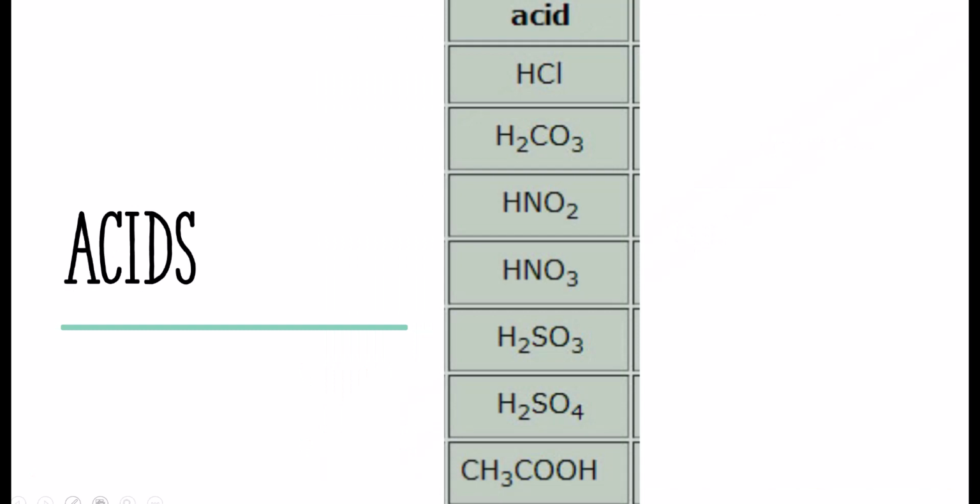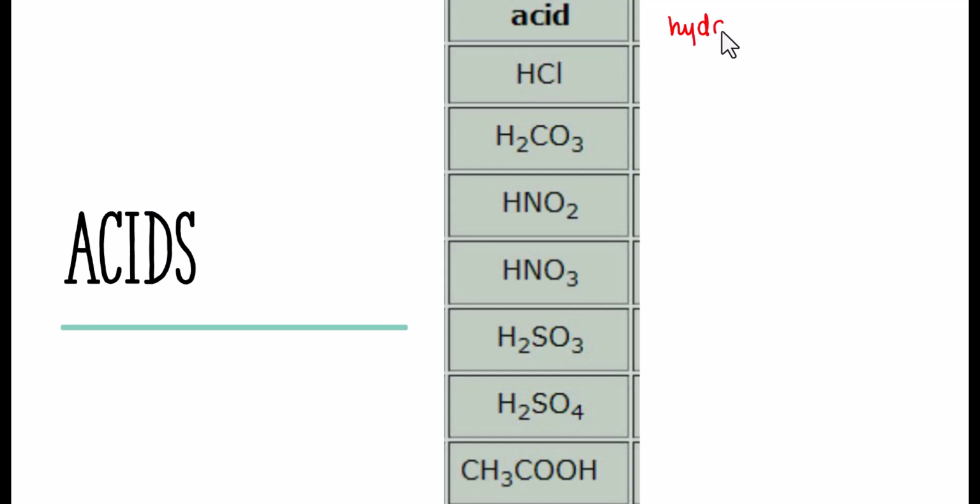So let's look at the following acids. In general, right now, all your acids will begin with an H, except for the last one, which I'll explain. So HCl is an acid. It starts with an H. There is no oxygen present. Since there's no oxygen present, this is off the periodic table because you know chlorine is usually chloride when we write it in nomenclature. General format is going to be hydro